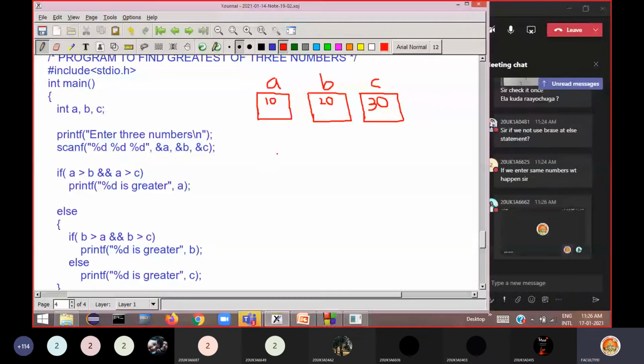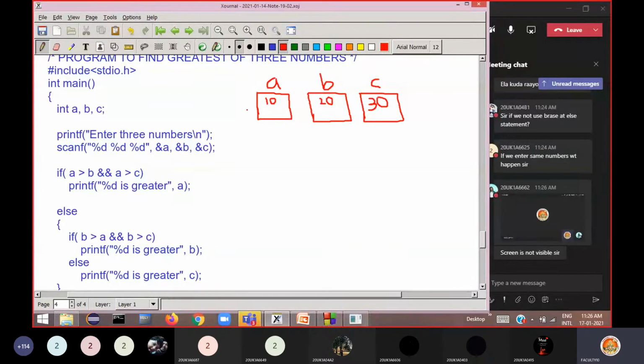Now, so I stored 10 in a, 20 in b, and 30 in c. Okay, so a, b, c now contains these three numbers. Now what happens, we need to understand.